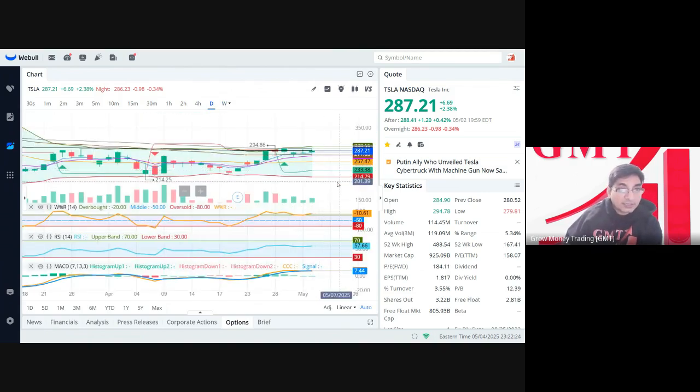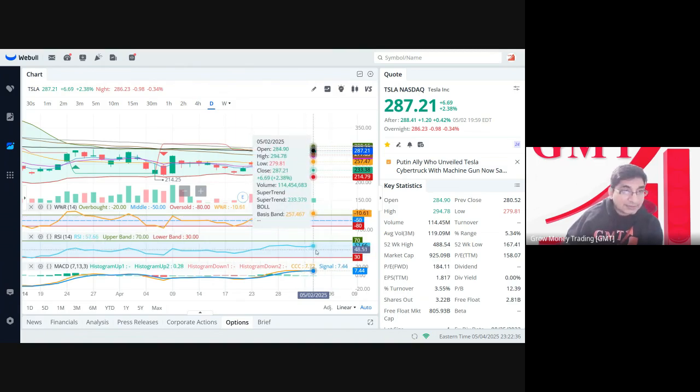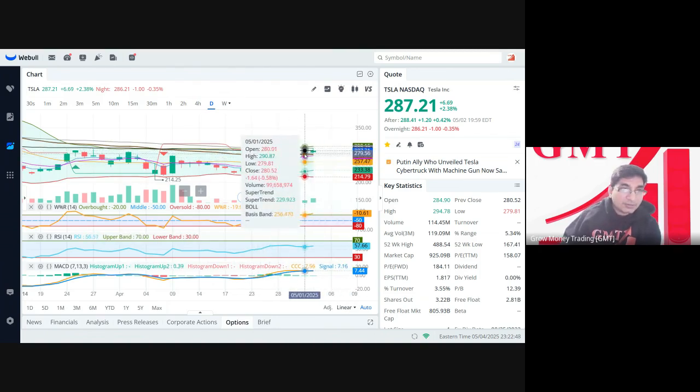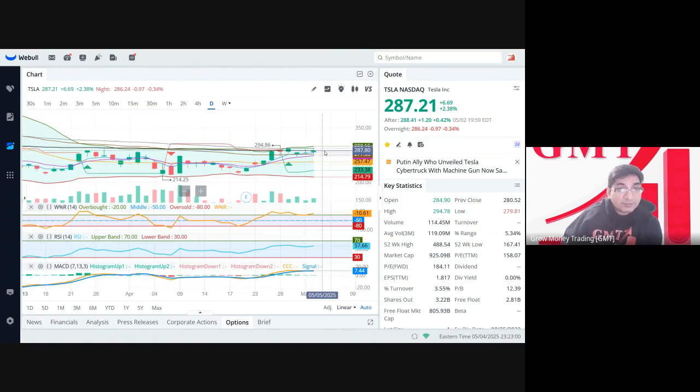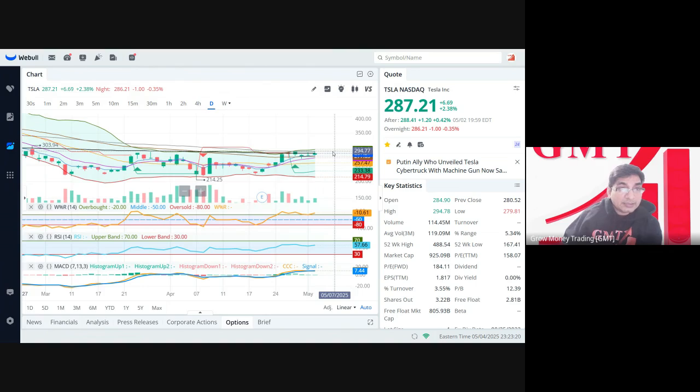And when we look closer on the daily chart, Williams R is in overbought region. However, RSI is still close to midway and upwards, indicating that it can go further up. In the last week, it has almost formed a small channel, as it has been facing resistance around the 200 EMA. Watch for the pre-market trading tomorrow and the early market trading. If it breaks this resistance at the 200 EMA level, that would be a good time to enter